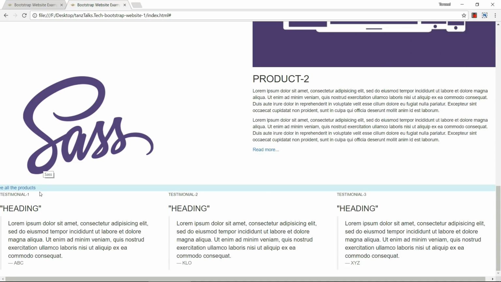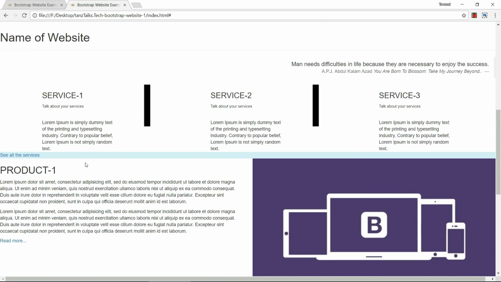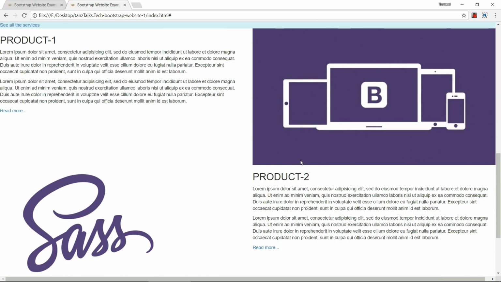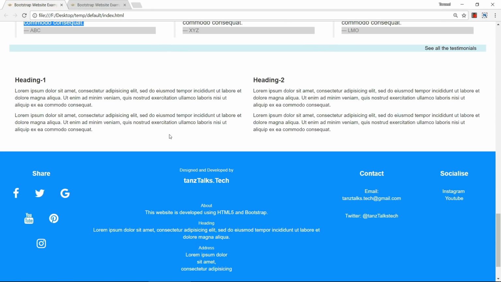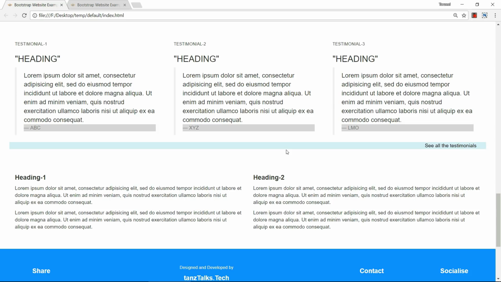Now we need that info box below it. That small blue box with a link in it, we need that. This blue box we need now.